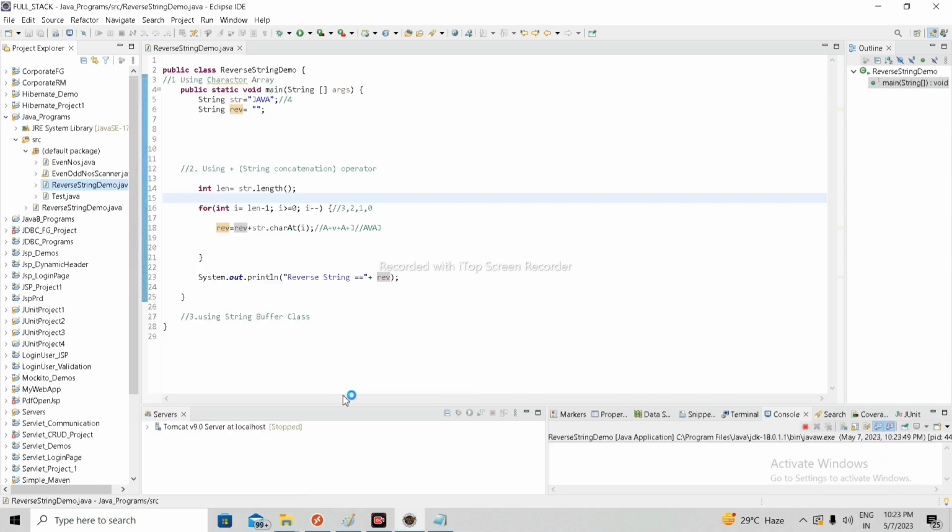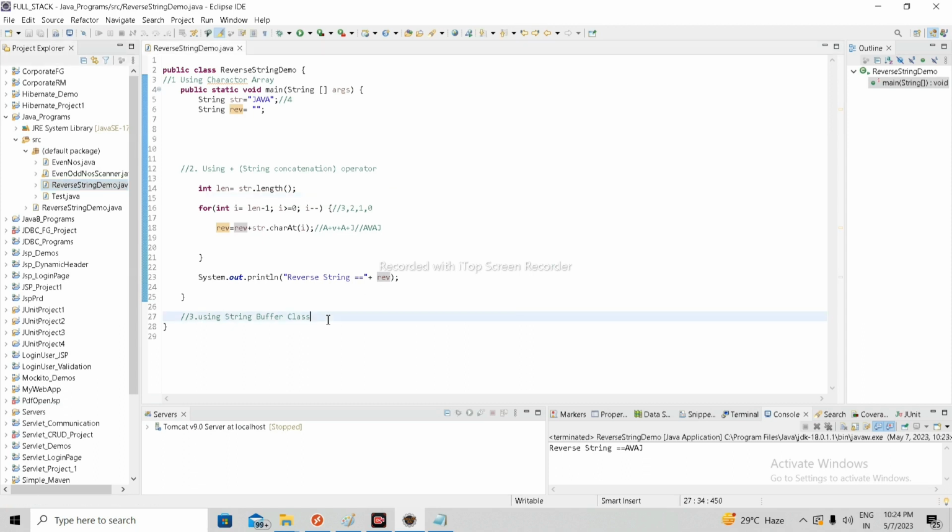Okay, then it will give the output. Okay, reverse string, it's jav, it means the work is fine. Okay, so this is the way of string reversal using the concatenation operator.